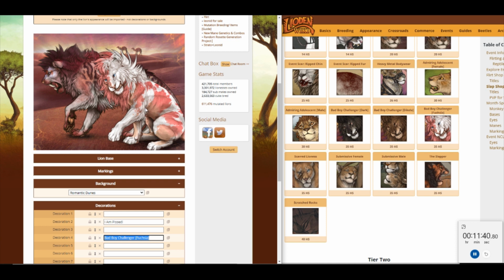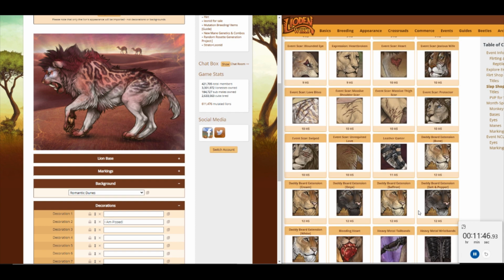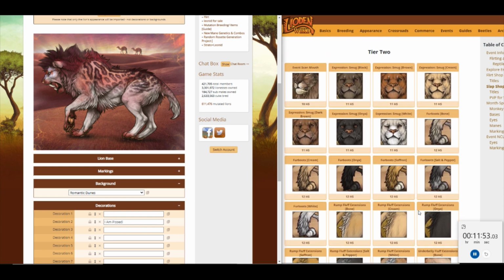I do like this one. I wish you could put it behind. I don't want it in front of my lion, so I'm not going to put you in there. But I do like the design of that. It's quite nice. I know I don't like most of the slap shop items. They're just a little too rugged for me. Okay,